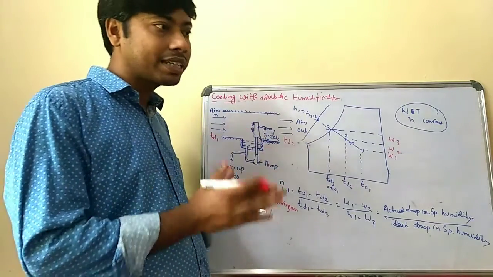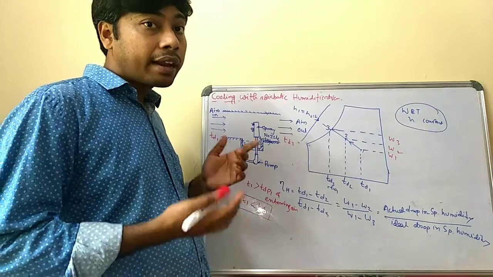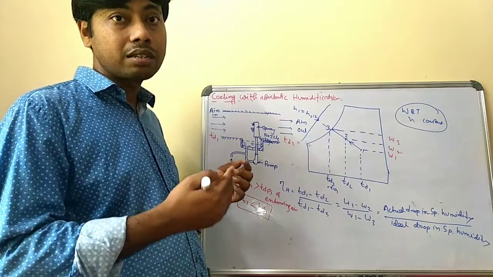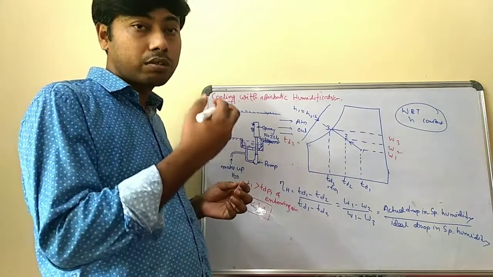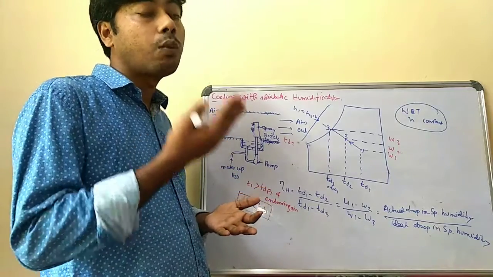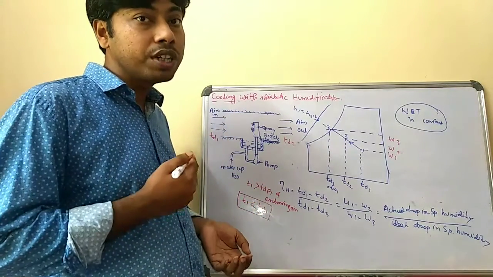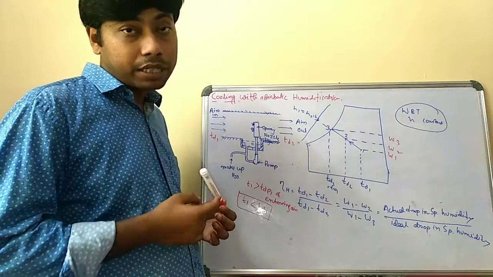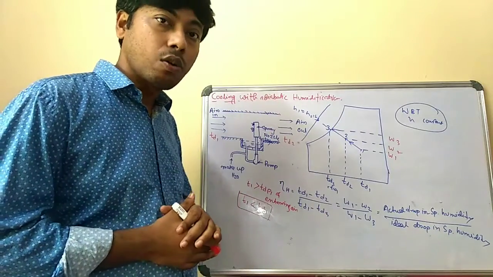Cooling means the air temperature should be cooled, so that is the process name. Another process is merged with it, that is humidification. Humidification means some amount of water vapor is added to this air so that it is humidified. The percentage of water vapor is increased, that means specific humidity is increased adiabatically. At that time, the process is called cooling with adiabatic humidification.